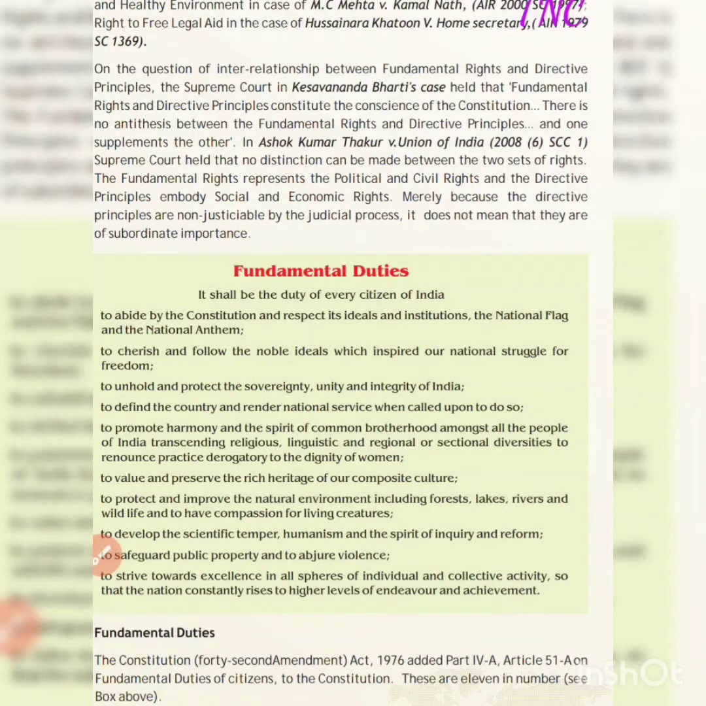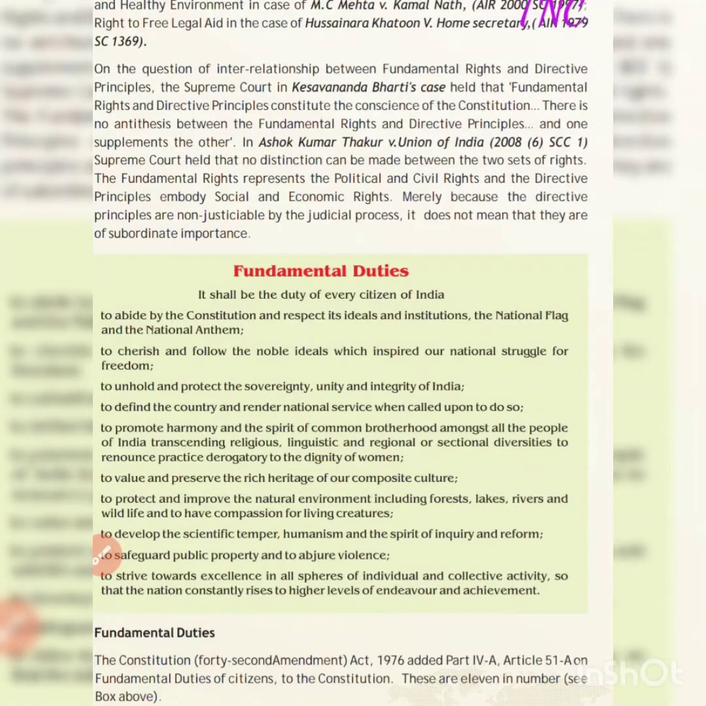In Ashok Kumar Thakur versus Union of India, Supreme Court held that no distinction can be made between the two sets of rights. Fundamental rights represent the political and civil rights, and DPSPs embody social and economic rights. So political and civil, what would be the rights means politically और लोगों के पास क्या होने चाहिए, that is fundamental rights, and socially what could be the conditions of the society that the state needs to maintain, that is